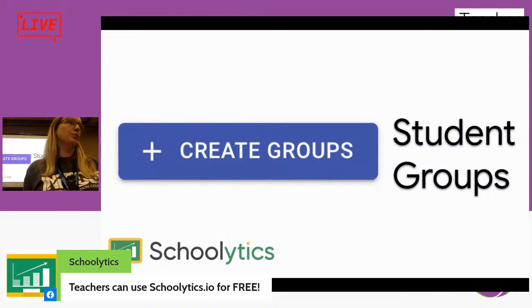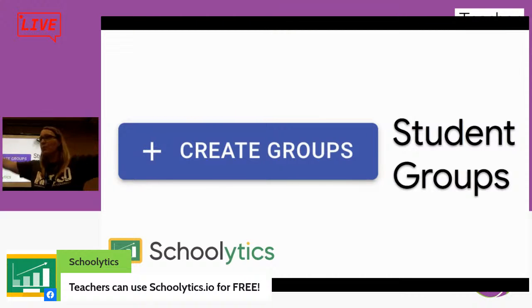And you can create student groups. Now here's my dream. We don't have this, but once you create the group, why can't I assign to groups? So if I make the assignment in Schoolitics, couldn't I push the assignment to the groups? Because the weirdest thing ever is that you have a collaborative product, Google Apps, and you don't have group work. I don't know, just say it.